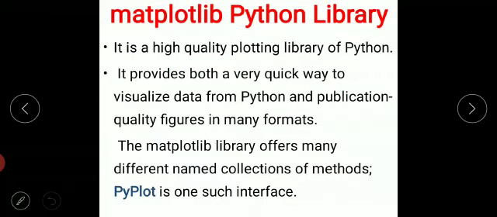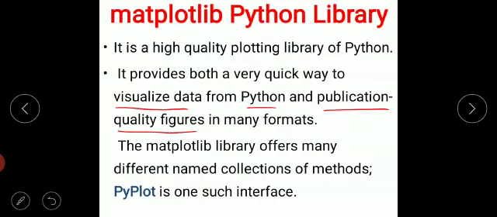Now here we will see what are the features of Matplotlib library. It is a high quality plotting library of Python. It provides both a very quick way to visualize data from Python and publication quality figures in many formats. Means, children, the data can be of any type.